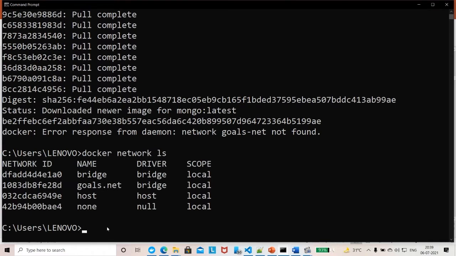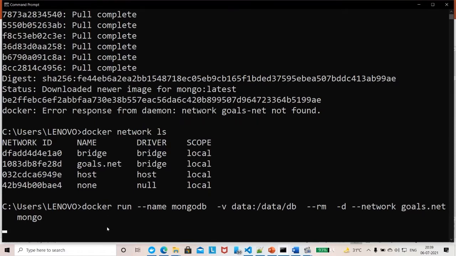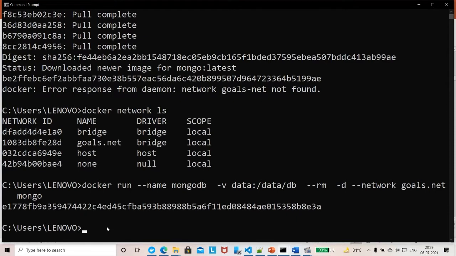Okay, it is bolts.net, that's why, not a problem. So the first container is there.